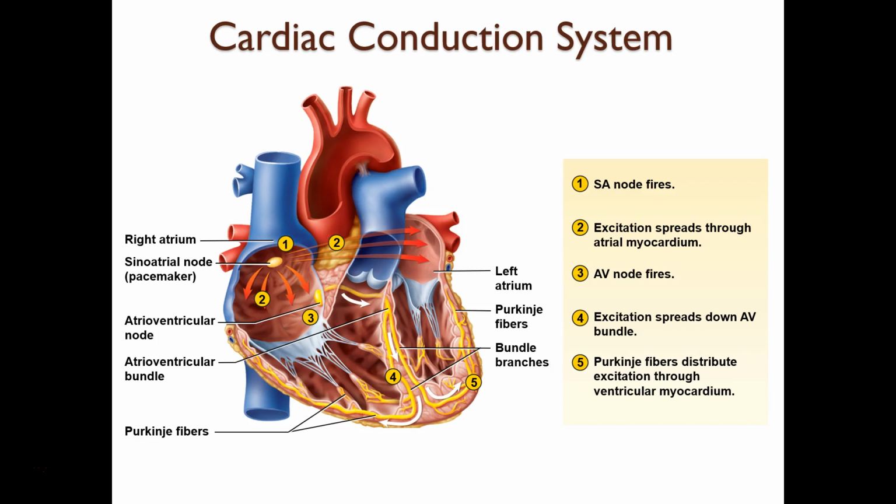So you really want to wait for the ventricles to fill before the ventricles contract, right? Does that make sense? So this takes a fraction of a second. Once the SA node gets the signal to the AV node, now the AV node has to get the signal down these bundle branches into the ventricles before the ventricles start to contract. So that gives the ventricles time to fill up.